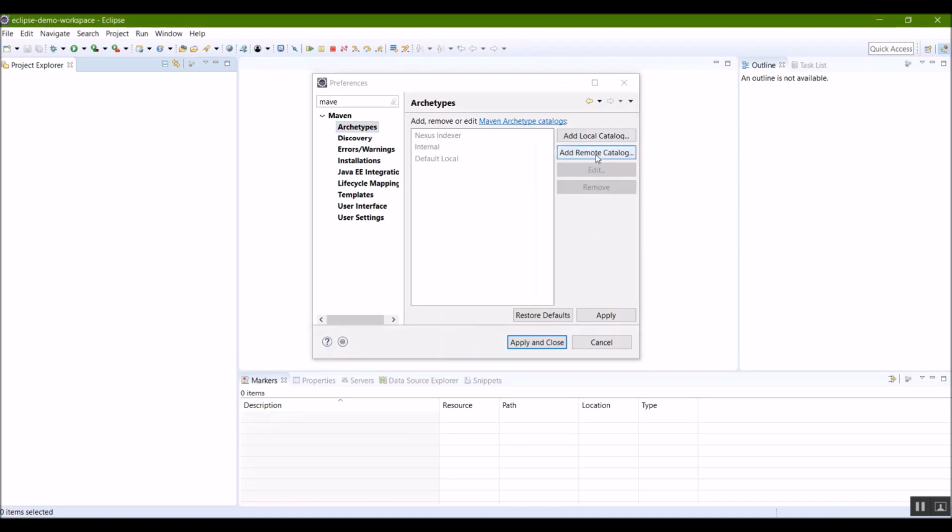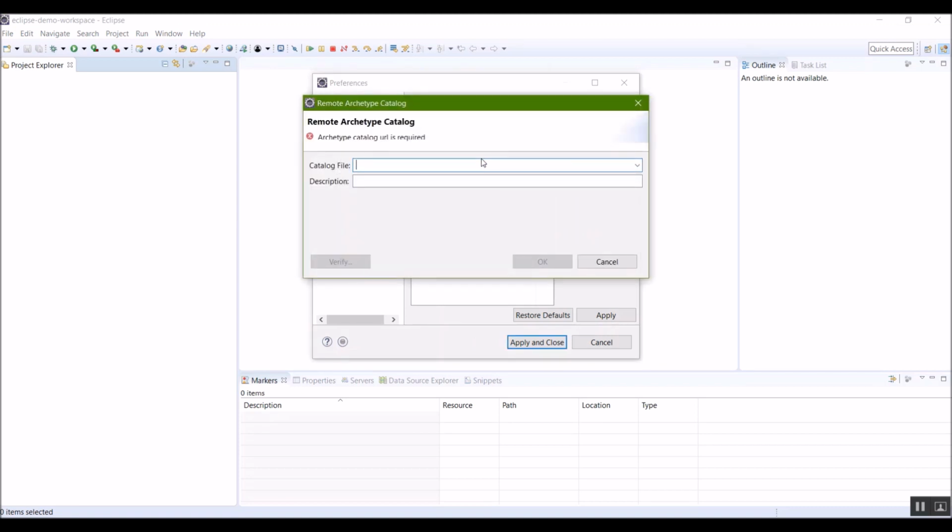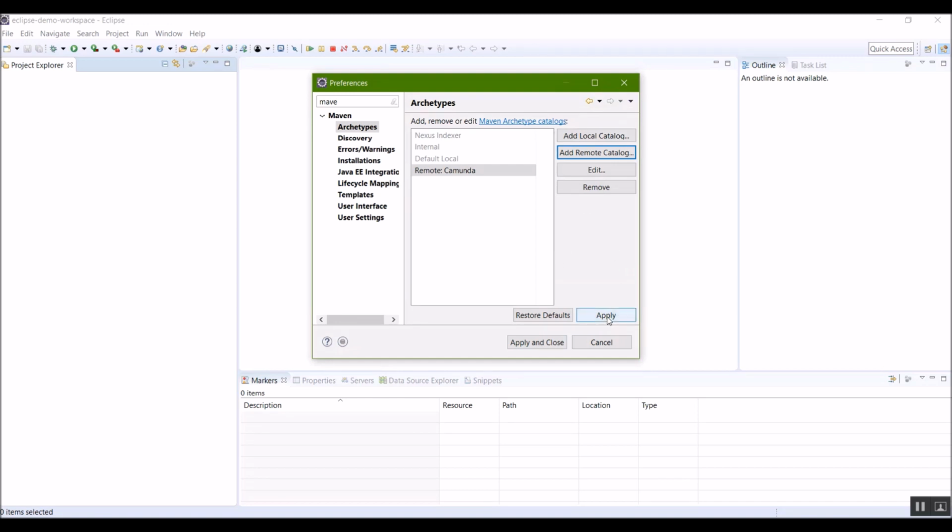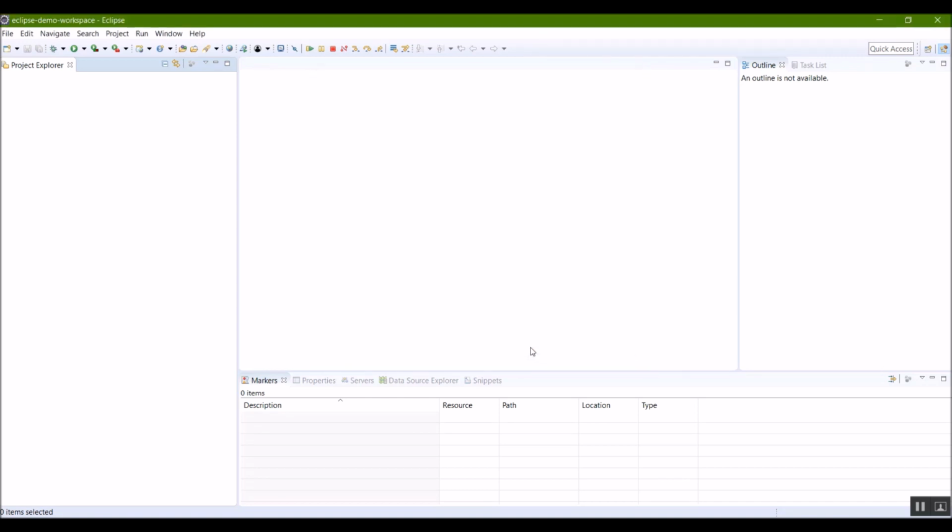Okay, click on Add Remote Catalog. This is where we put the URL of the repository, and then just type Camunda in the description. Okay, and apply and close. So that's basically all we need to do to set up the archetypes.